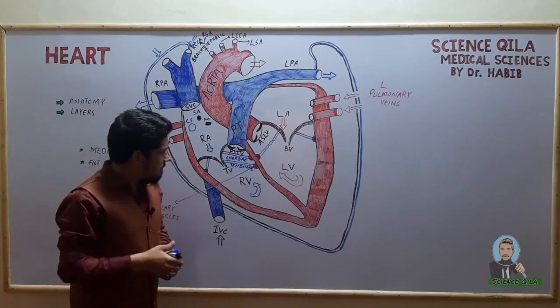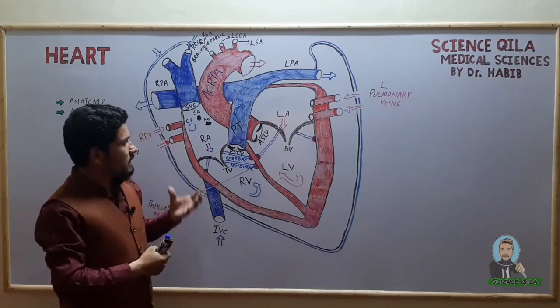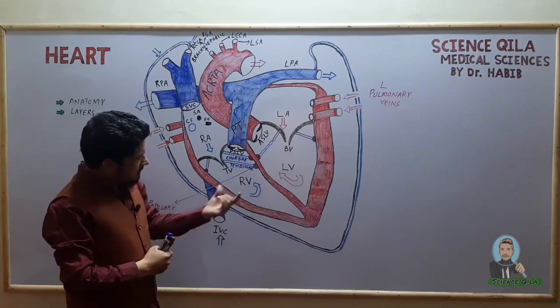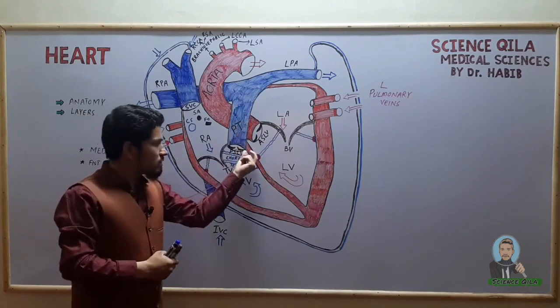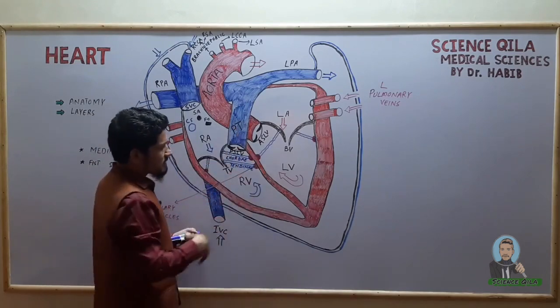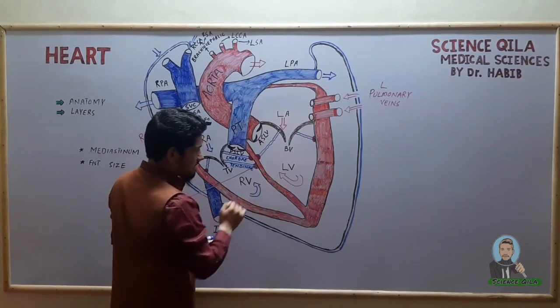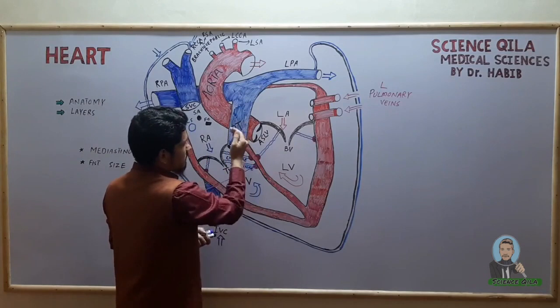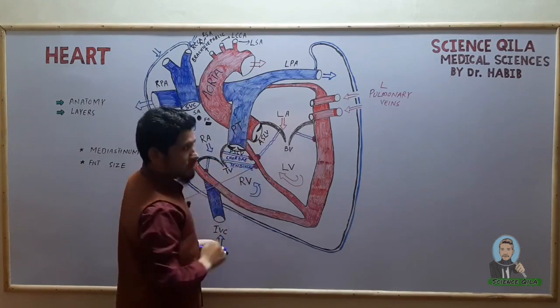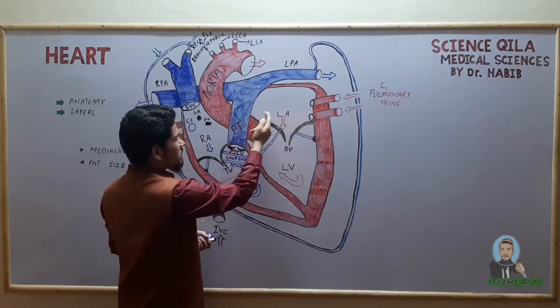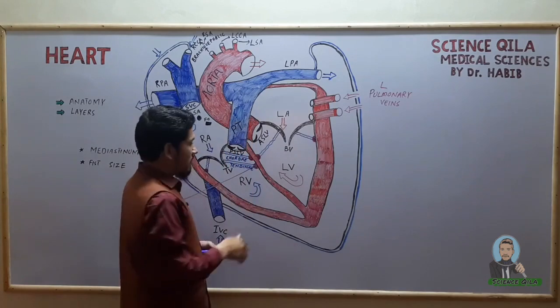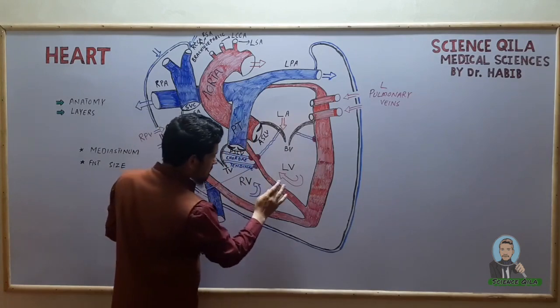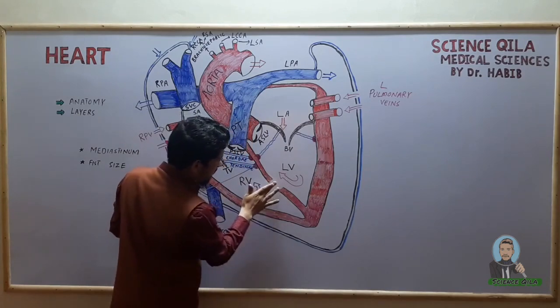Okay, so this was all about the heart and anatomy. Here we have one very beautiful partition that separates the left and right ventricle, and here you can see another partition you cannot see. Actually, this is behind the aorta and pulmonary trunk, so that also divides the left and right atria. So this beautiful septum over here is called the